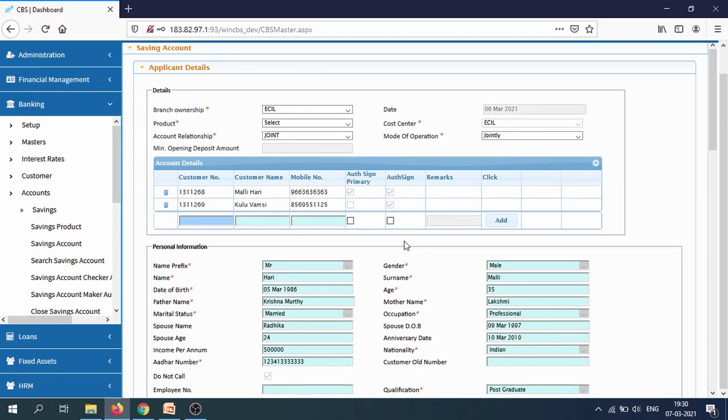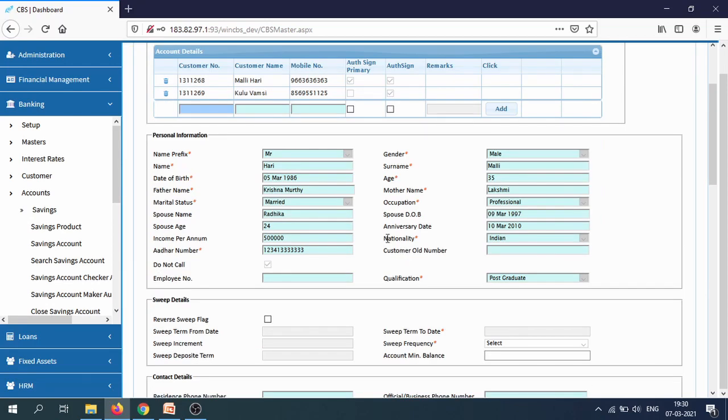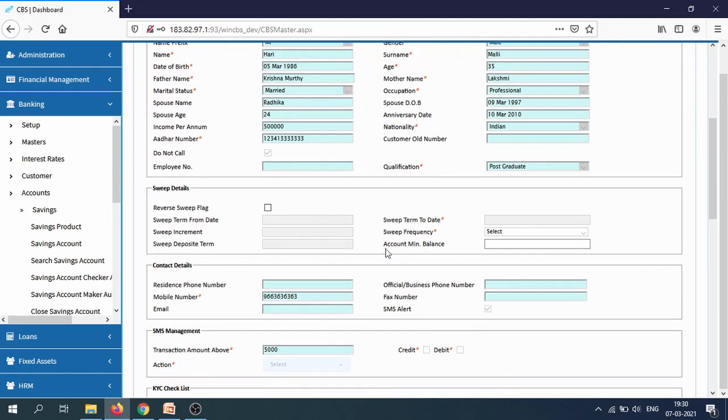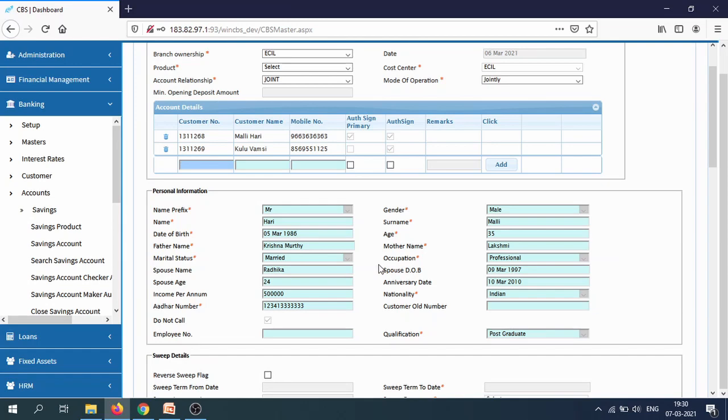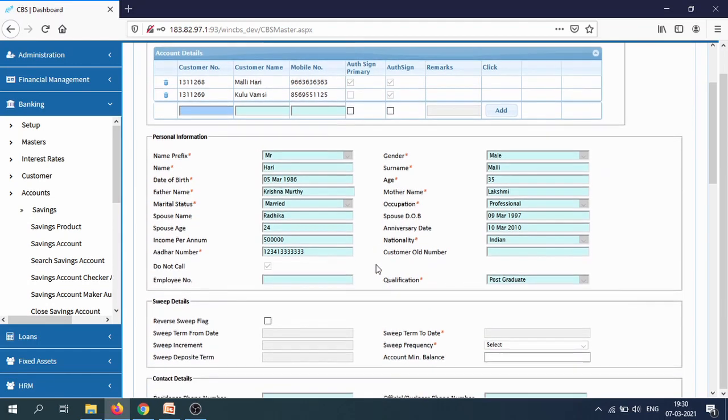Hari will be the primary customer and both are authorized signatories, meaning both can sign the cheque. So automatically primary is Hari, so all the details will be fetched from Hari's customer record.